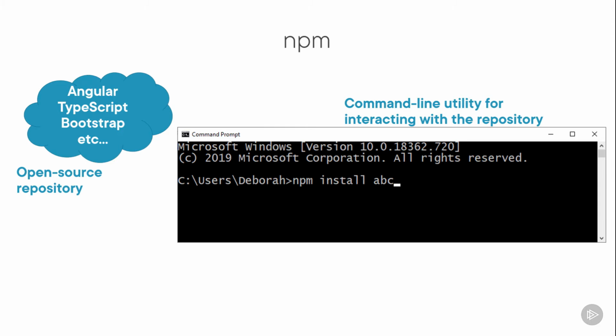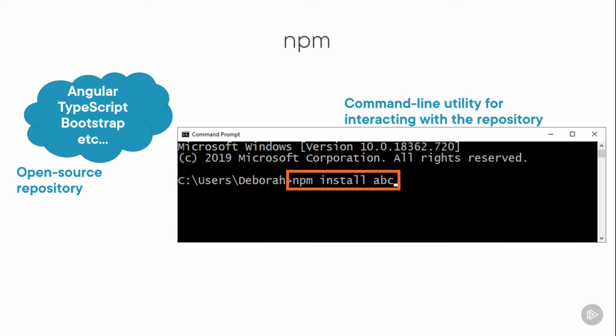We can type commands such as npm install some library name. npm will locate the specified library in the repository and install it on your local machine in a subfolder of the current folder named node_modules. In this illustration, I'm in the user's Deborah folder and install a specific package, the fictitious ABC package in